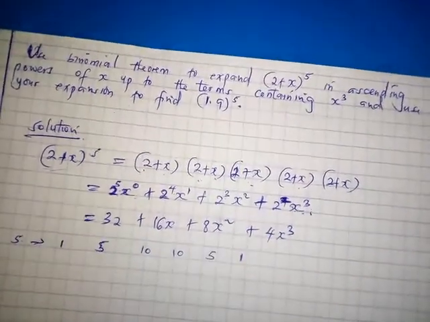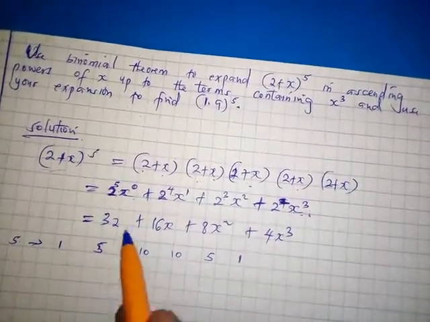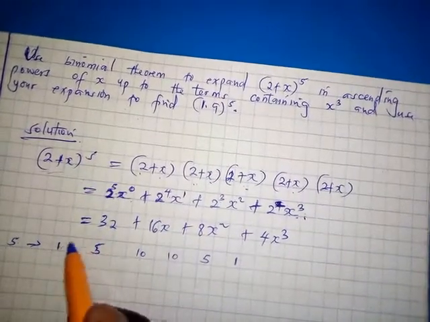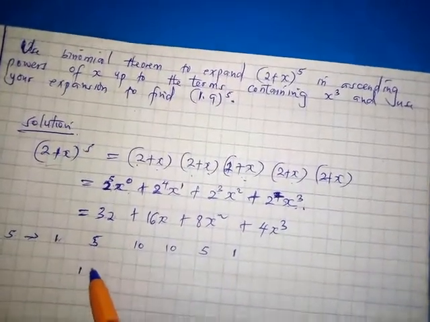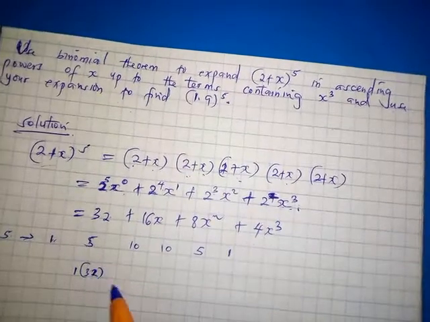So we shall use these coefficients here. We just multiply. 1 times 32 will be 32, then plus